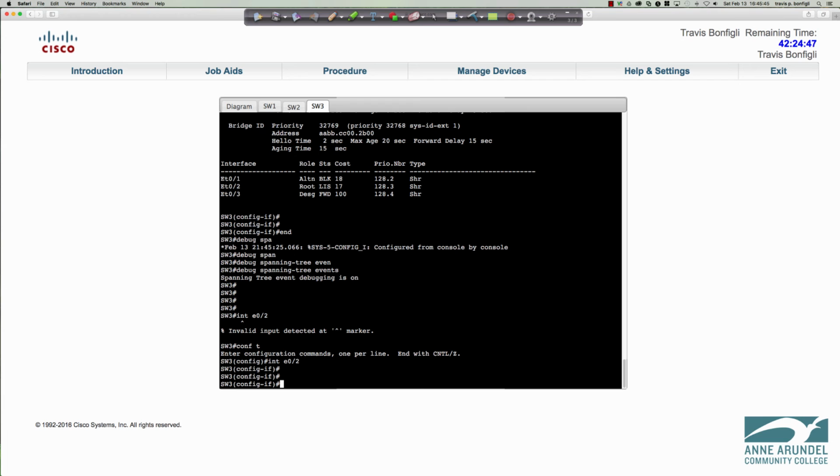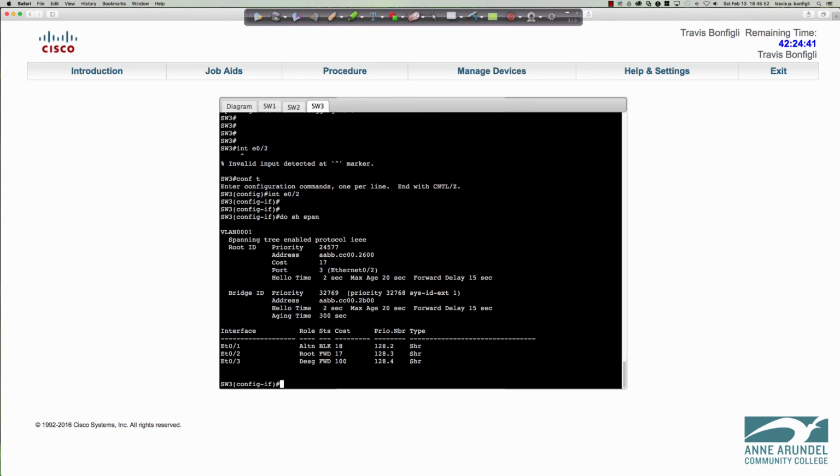Changing the cost of 02 on switch 3. So port 1 should be blocking here. And it is. Okay, so you're going to see what happens with this quote-unquote alternate role that we have for Ethernet 0/1. So what I'm going to do now is shut down Ethernet 0/2, and that is currently our